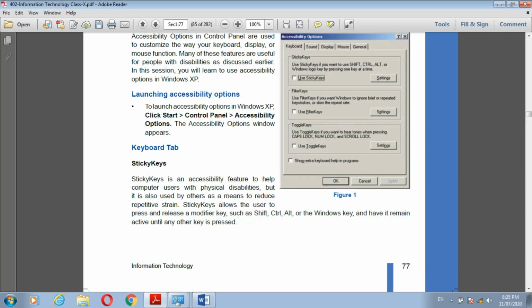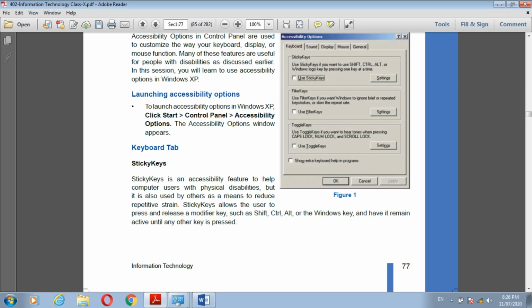Okay. How can we check it and how are these sticky keys used? See, sticky keys means what? Sticky keys is an accessibility feature to help computer users with physical disabilities, but it is also used by others as a means to reduce repetitive strain. Means while using the keyboard, the user uses the shift key, control key and alt key with some other keys.